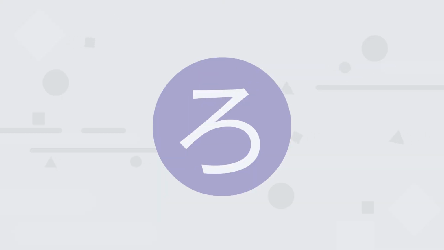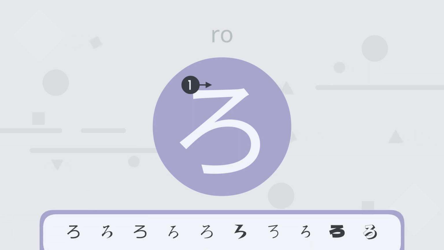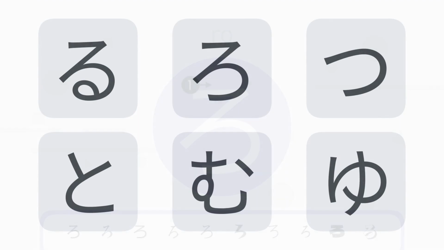The final character we'll learn in this video is ro. Ro. Which of these characters is ro? Ro. お風呂。